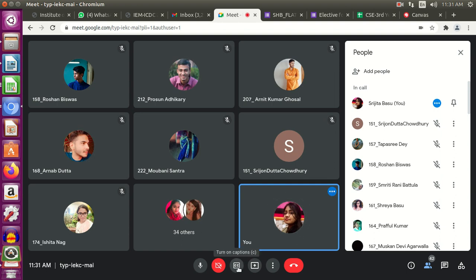It's already 11:31. Before I start, let me remind you that in the previous week, we started with deterministic finite automata, and we saw various examples of how to construct a DFA given a language. Today we are going to explore a few more important variants of DFA, and maybe in the next class I'll move on to non-deterministic finite automata.